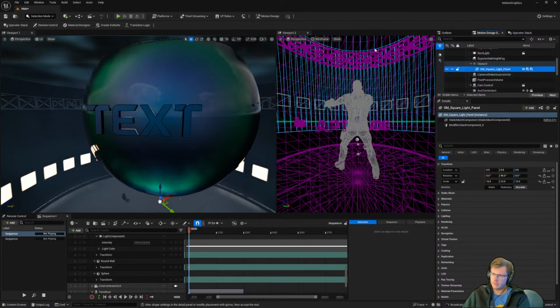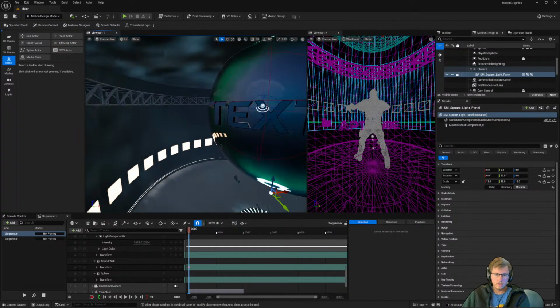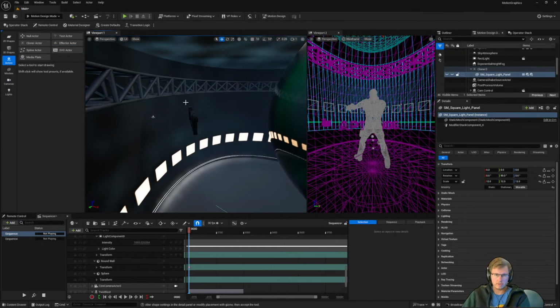I thought we had a bend. Oh, we have an actor thing here. We go into motion design. We got actors, effectors. You can add an effector. So actually I'll do that. Do it a little different from what he's talking about. See if we can get the result that we're looking for.